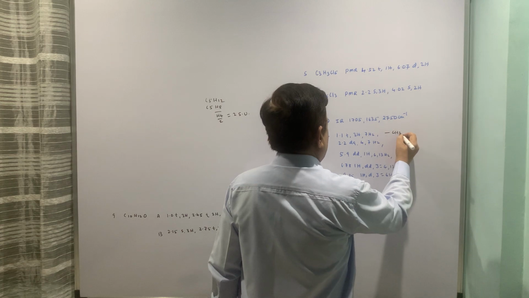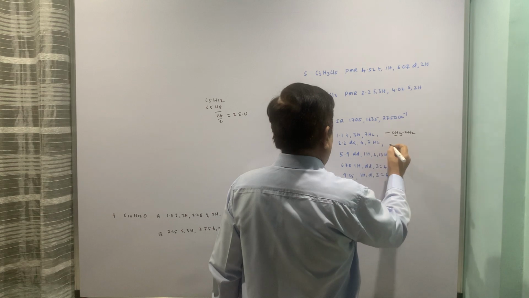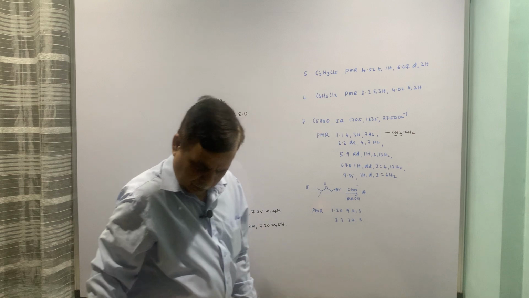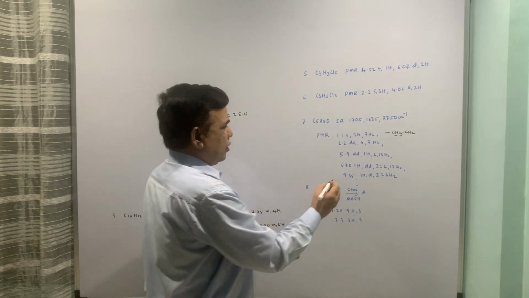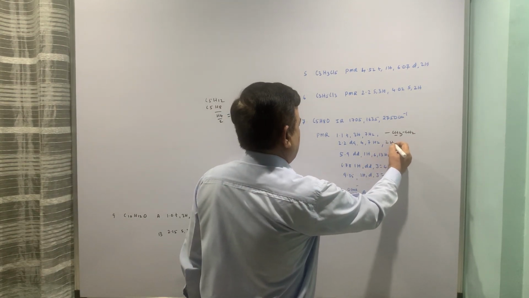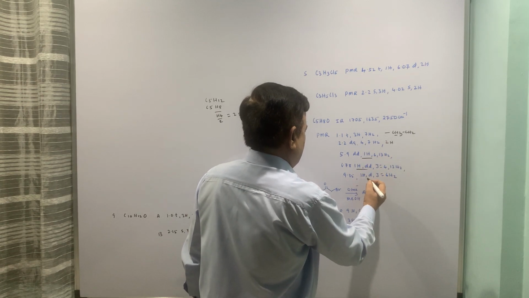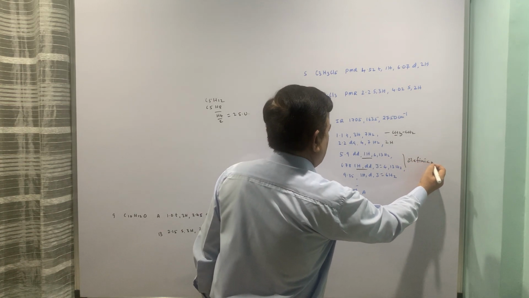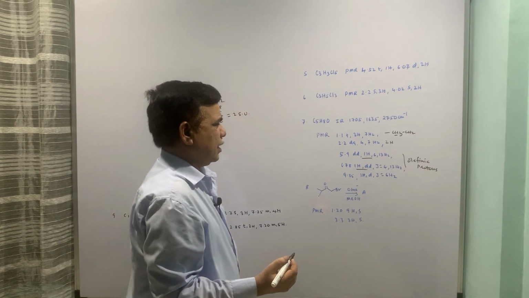Triplet 3 protons, that is CH3 CH2. Doublet of a quartet, doublet of a quartet, 2 protons, then 1 proton, this 1 proton, they look like olefinic protons, because from the chemical shift it is clear.